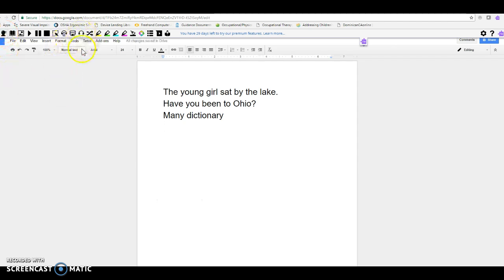So when I hit this button here, whatever I say is going to come on the screen. Now here's a tip though. One of the toughest things for the students is they have to actually say period, or they have to say comma in order for it to show up. The young girl sat by the lake, period. The young girl sat by the lake, period. And then that will pause it. So when I'm ready to speak again,